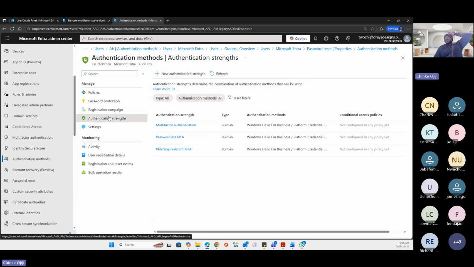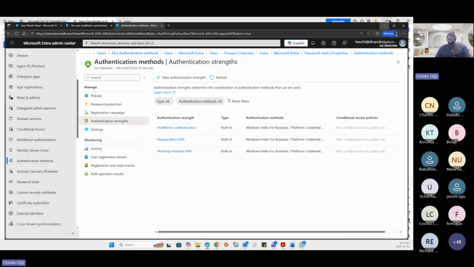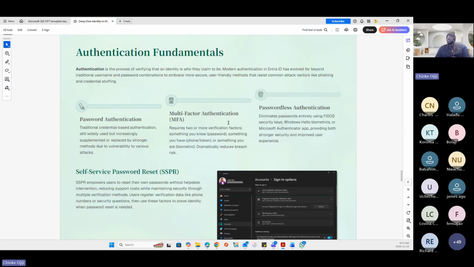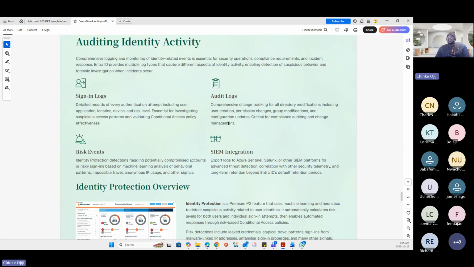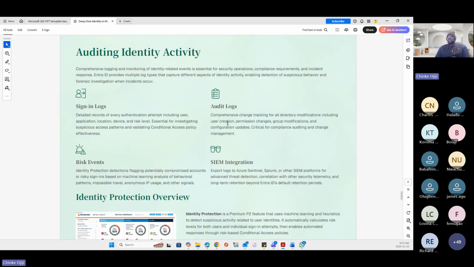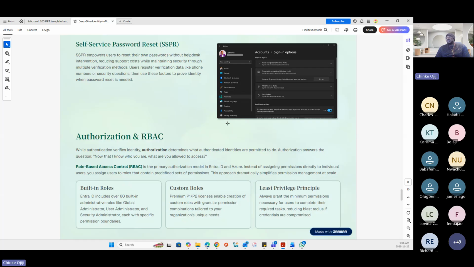And also in authentication strengths, these are built in as well. Because of time, I'm not going to go in depth into all of them. But I've shown you this, and I know there's one more thing I'm supposed to show. I'll come back to that. But we've talked about authentication, least privilege.